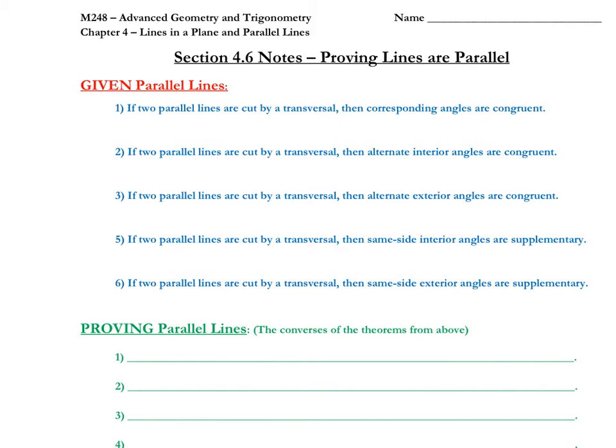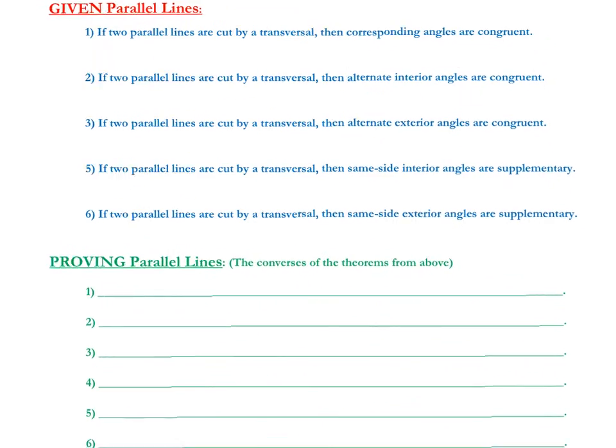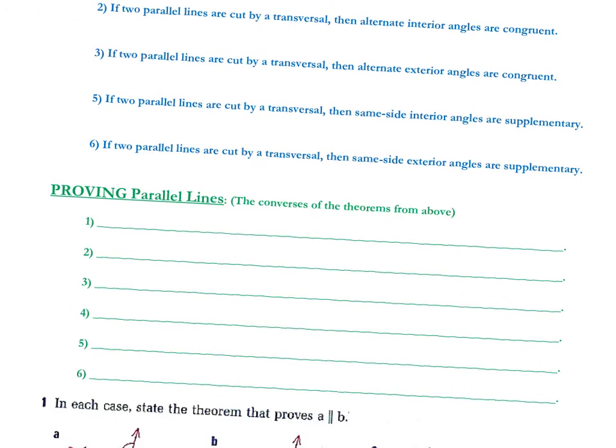This is actually the last lesson in the unit, and it is basically proving everything we've already done. So, given lines are parallel, this is the information that we already know, right? Corresponding angles are congruent. Alternate interior angles are congruent. Alternate exterior angles are congruent. Same side interior and exterior angles are supplementary. So we're going to write the converse of that because the goal today is to prove